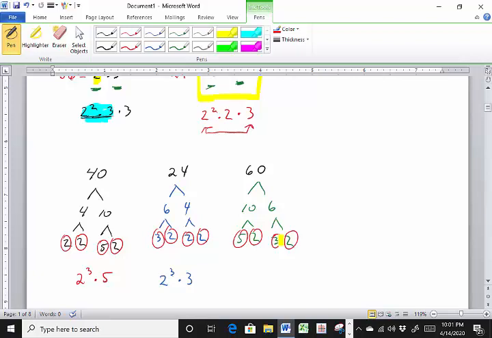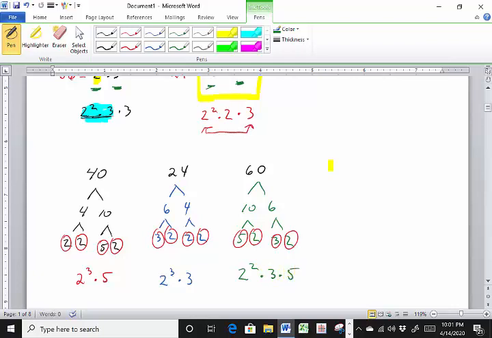Like 10 is not a prime number because we know 2 will go into 10 and 5 will go into 10. But 5 is a prime number because only 5 and 1 go into 5. Okay, so let's write 60 in exponential notation, and that is 2 squared times 3 times